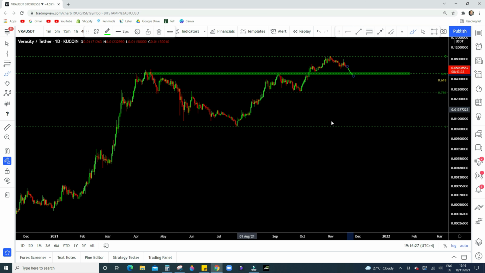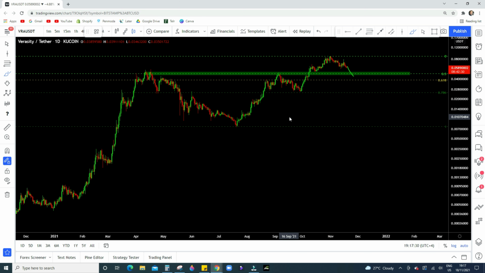So what's the next logical support level that we have here? In an ideal scenario, the 0.618 should be the next level, and it's usually the strongest among all the Fibonacci retracement levels. But the problem here is that we don't have a lot of confluence when it comes to support and resistance. It means we don't have a lot of support and resistance that have been formed around the same level of the 0.618. But if we go down further towards the 0.786, we can see that we have 4 different